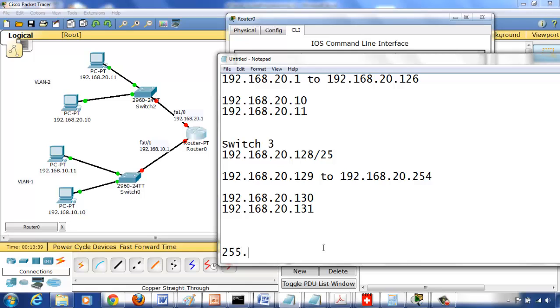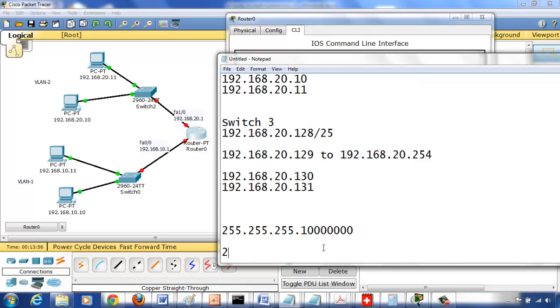So 255.255.255 is 24 ones, followed by the 25th one and 7 zeros, right? So this is 8 bits. Okay, so that's going to be what? 128,